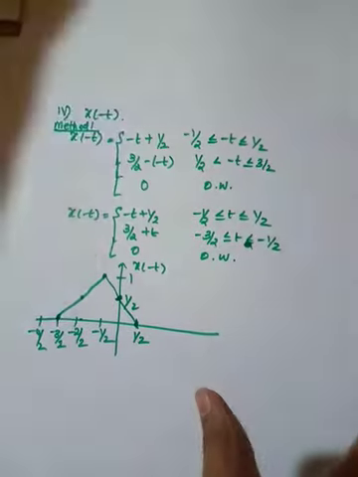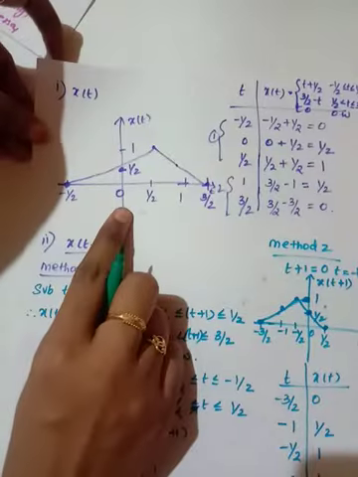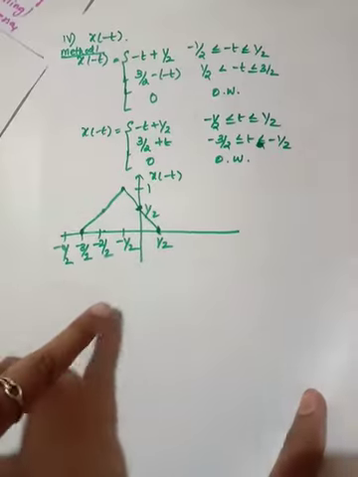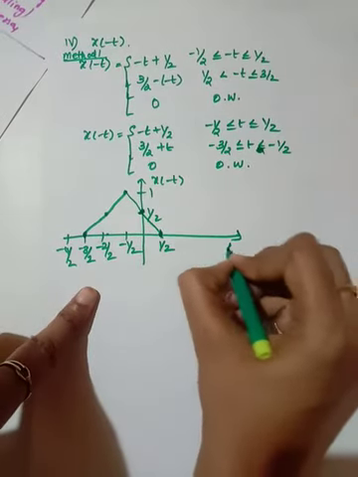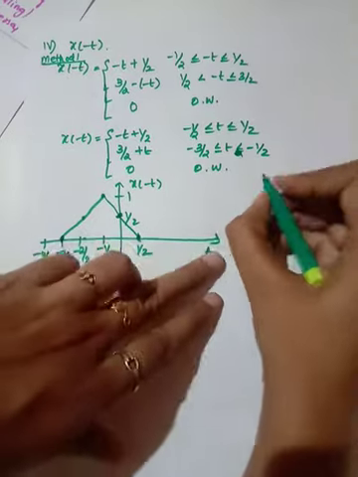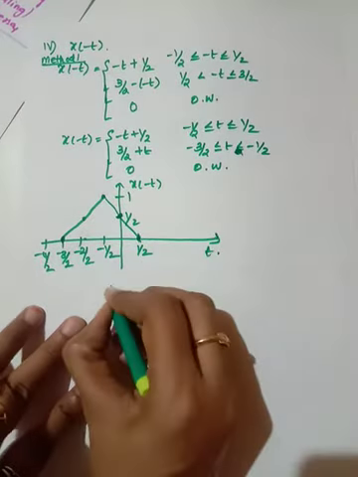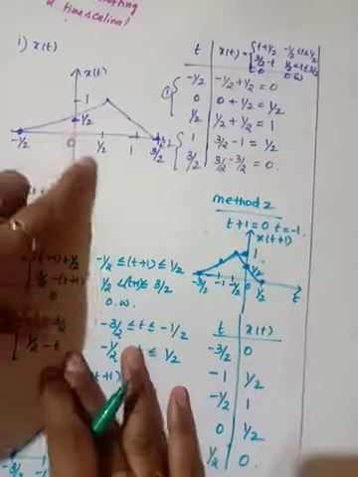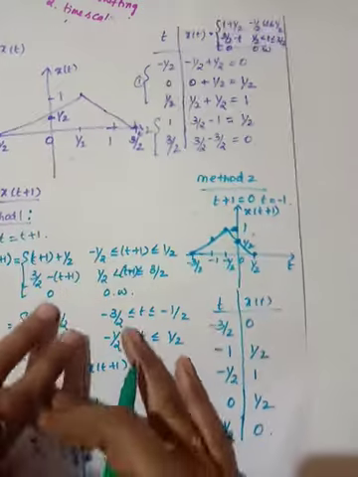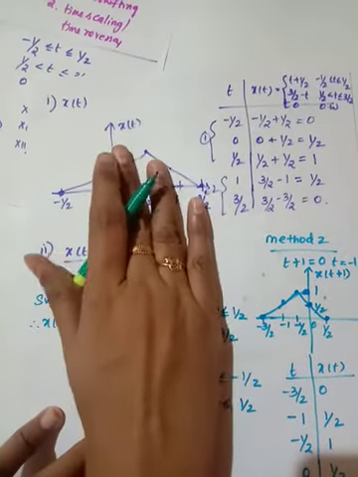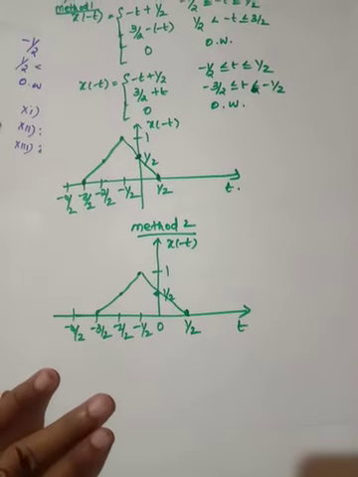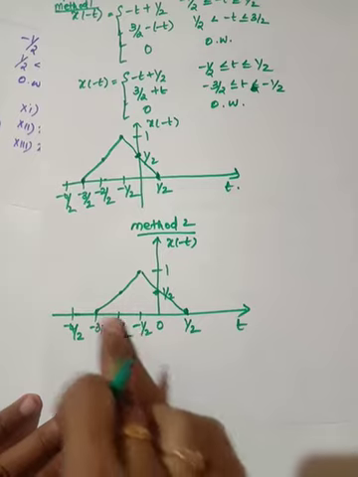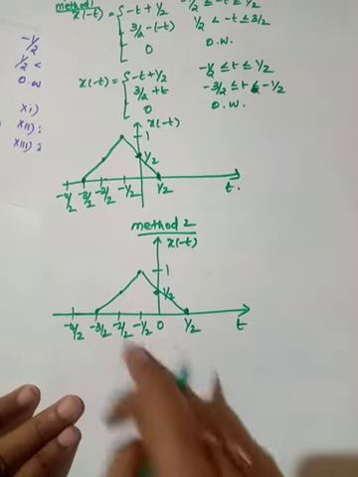See the same signal, right? Okay, it got shifted, right? So this is the original signal, and the signal got reflected here. Okay, so this is your x of minus t by method 1. Similarly in method 2, this is your original signal. When you perform shifting and reversal, the positive side will come to the negative side and the negative side will go to the positive side. After performing visual inspection, I am getting this diagram which is similar to this diagram.